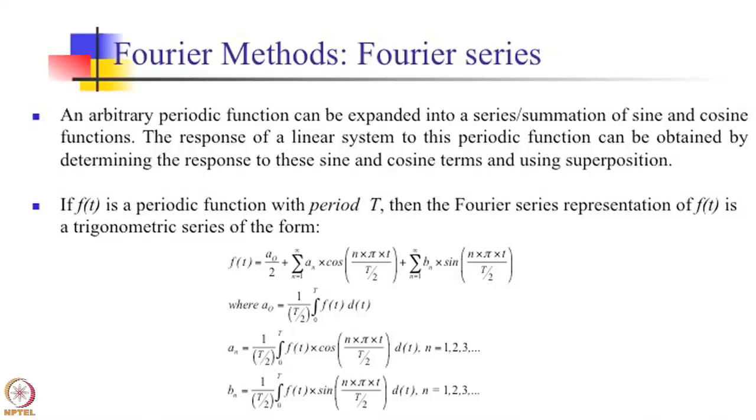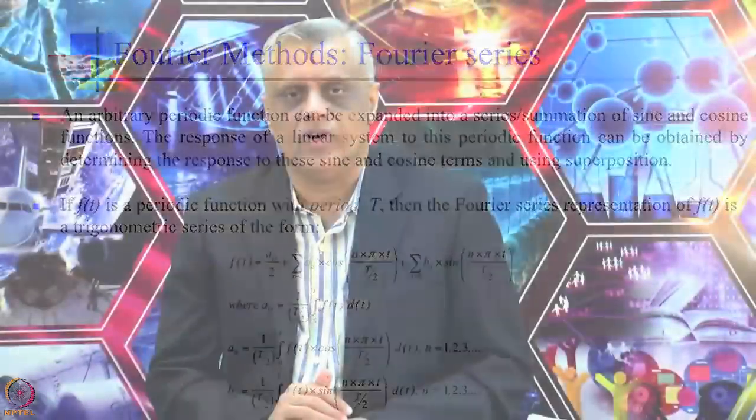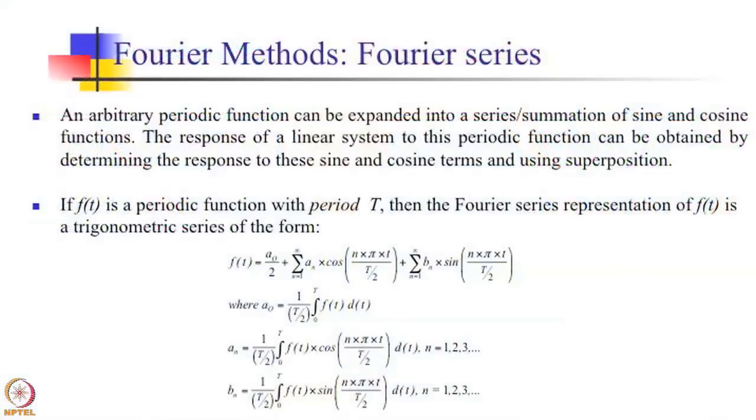which are added, and they both have a n and b n as their coefficients, where a n and b n vary with the value of n. So you can get a n by putting various values of n, and similarly for various values of n you can get b n. The general expressions for obtaining the a n and b n coefficients are also given on this slide. T by 2 is the half time period of the periodic function which we are trying to decompose into